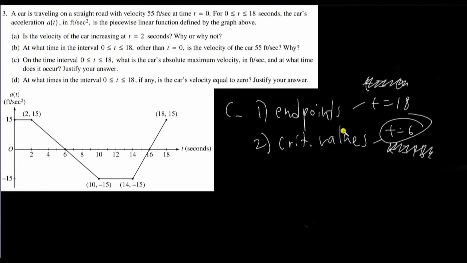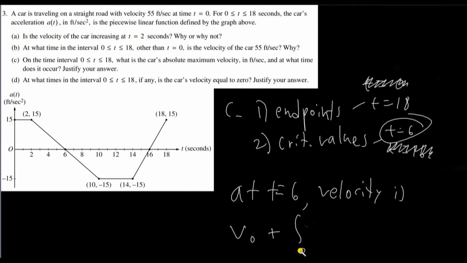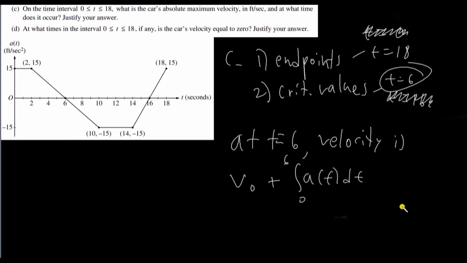Okay, and then they also want the absolute maximum at t equals 6. So at t equals 6, the velocity is the initial velocity plus this net area, right? So plus that integral of acceleration from 0 to 6 of the acceleration. The initial velocity is 55